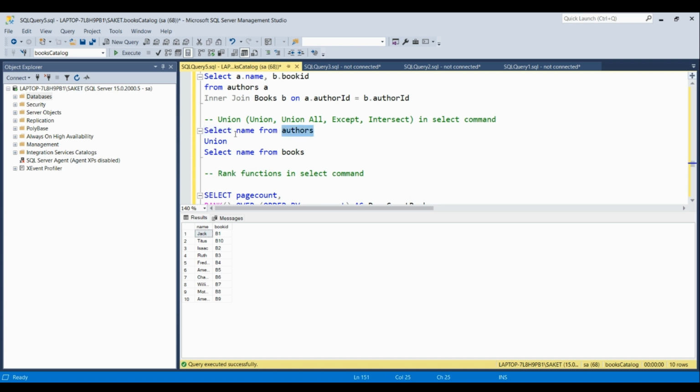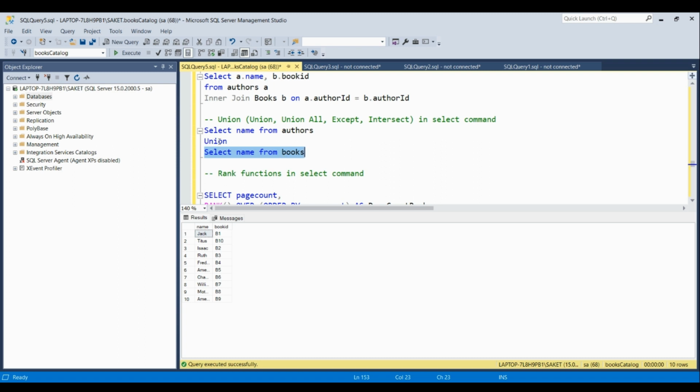Right now I only want the name column. So I am writing select name from authors, and the same command I will copy paste once again here, and here I will add the books table in place of the authors table.